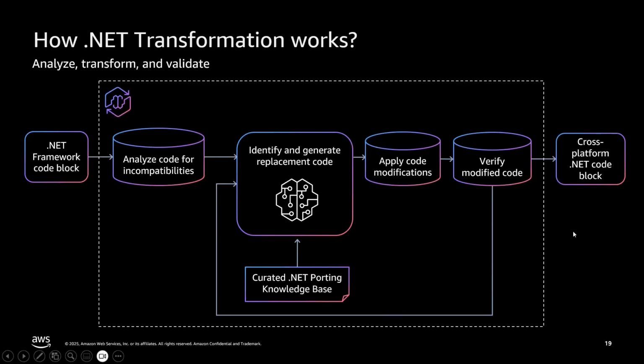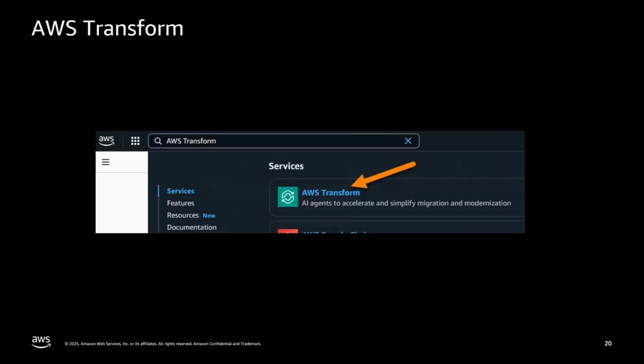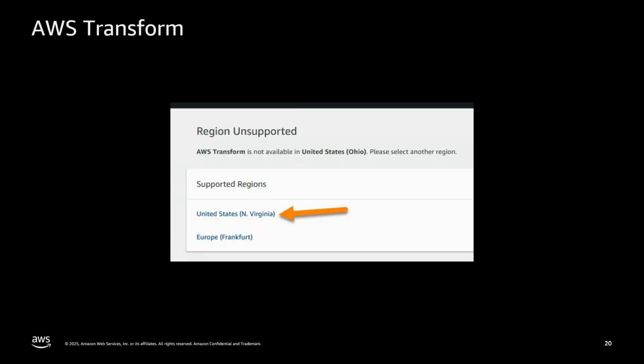Now, having said all of that, how would you get started with AWS Transform? A couple of things. First, because I'm talking about the web experience, and my friend here, Arthur, is going to show you the IDE experience, to get started with the web experience, you should be able to launch AWS Transform from within the AWS console. The very first time, if you're not connected to Northern Virginia or Frankfurt region, these are the two regions that we currently support for the service, you can pick one of those regions.